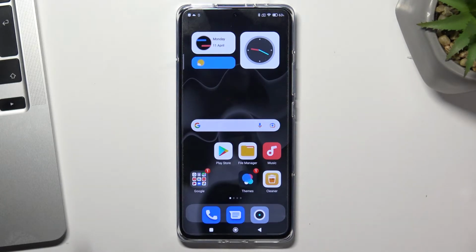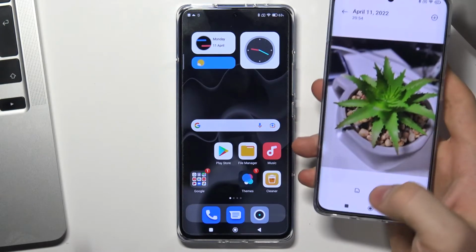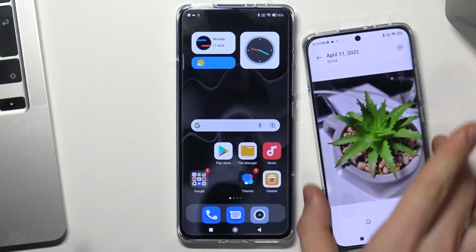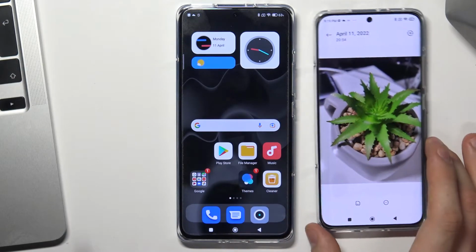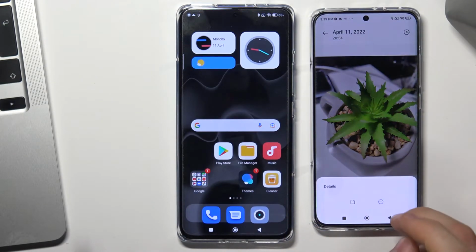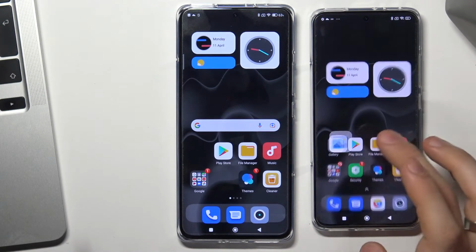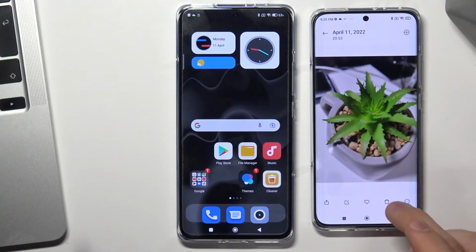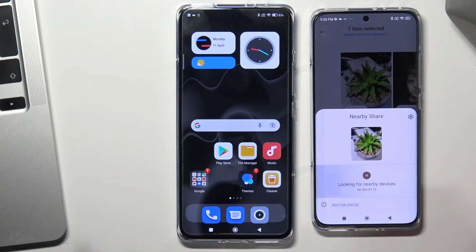So cool, now you can share files, share photos, share videos and receive files too. For example, I want to share this image from my Xiaomi 12 to my Xiaomi 12 Pro. How can I do it? Just open gallery, click on the share button, click nearby share, wait a while,